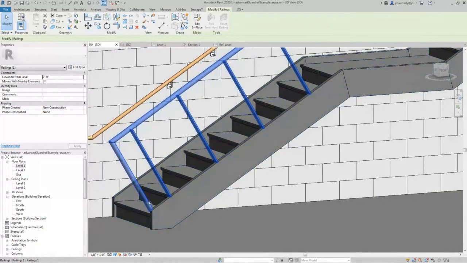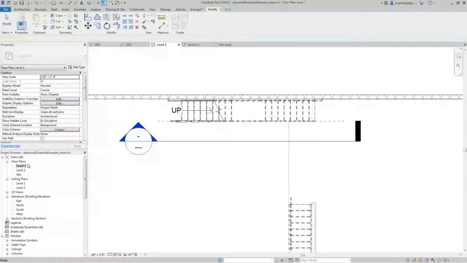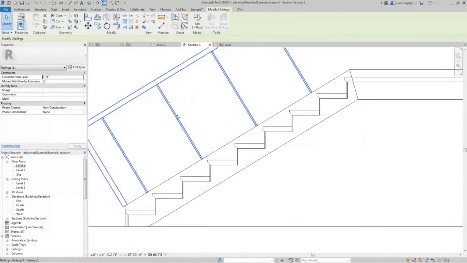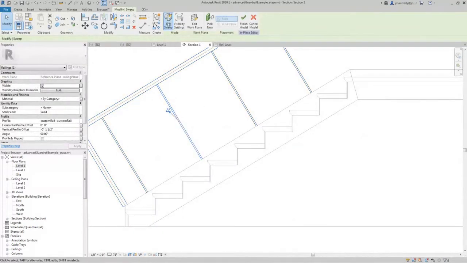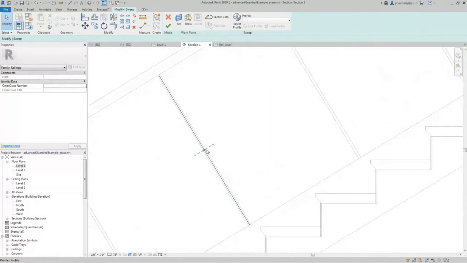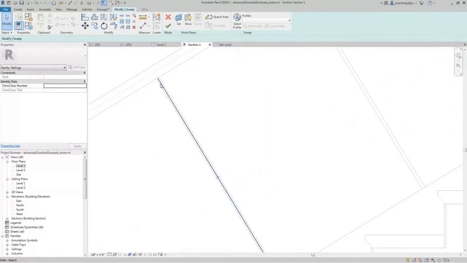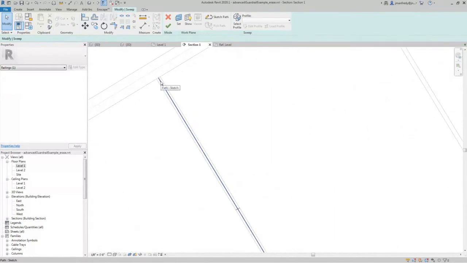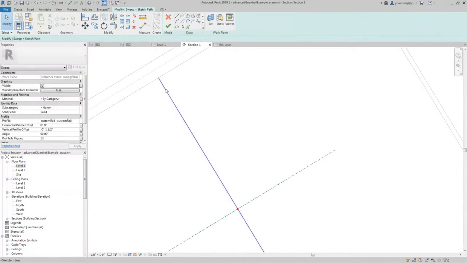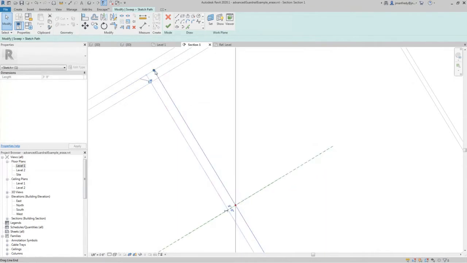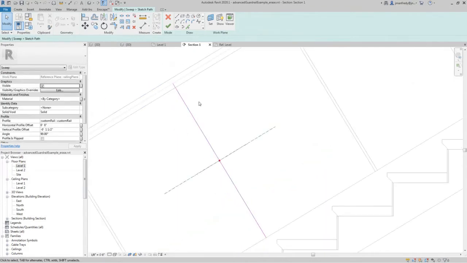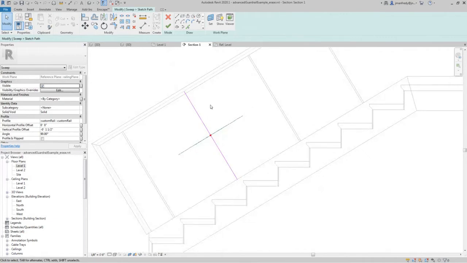Then when I finish this, I can duplicate it to the opposite side. Then they'll both be the same. So here in elevation, I click on this railing, edit the model in place. Click on these, edit the sweep. Again, the sweep is that profile right there plus this path, that path right there. So if I edit the path, I can pull this and make it longer. I made it go to the center line. So when I do that and I accept it,